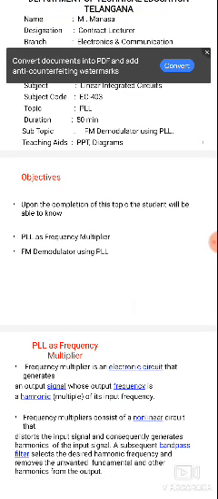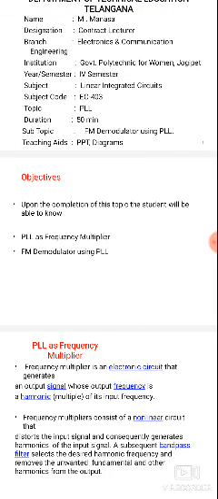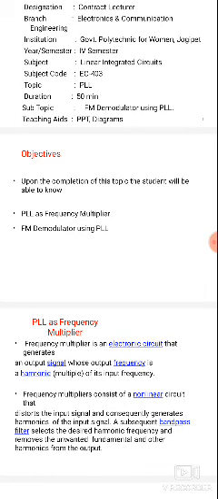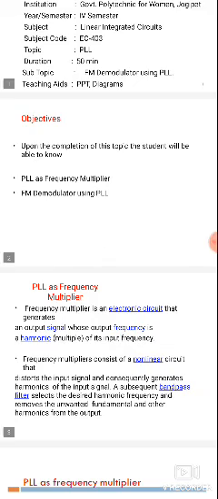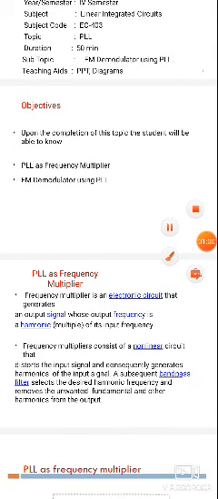It contains mainly a phase detector or comparator, a low pass filter, and a voltage controlled oscillator. The feedback is given from the voltage controlled oscillator to the phase detector or phase comparator. The main aim of the voltage controlled oscillator is to match the output frequency with the input frequency or input voltage. So the output frequency varies until it equals the input voltage. So this is about the voltage controlled oscillator.